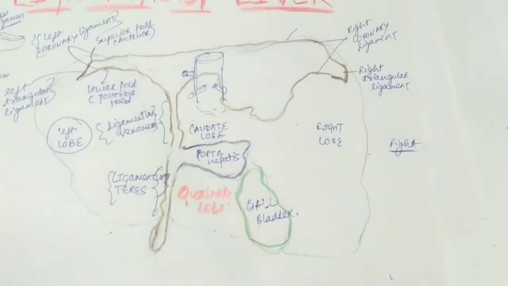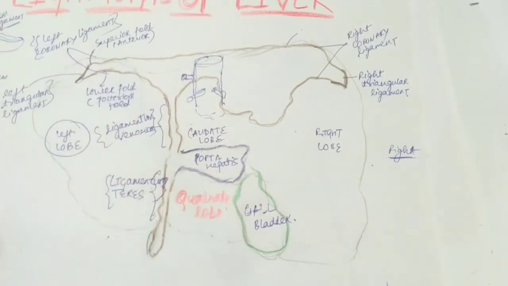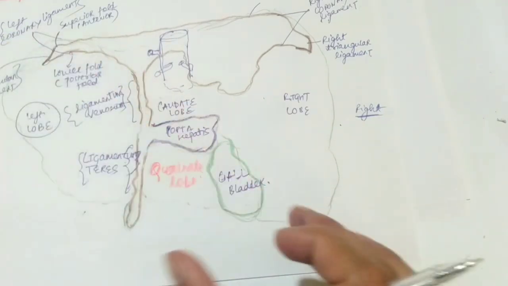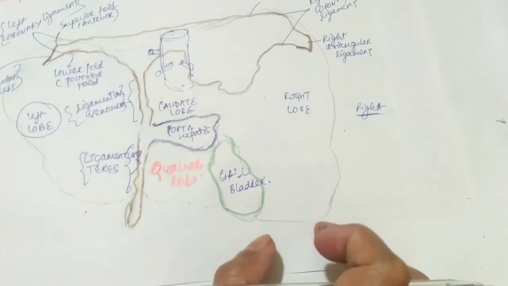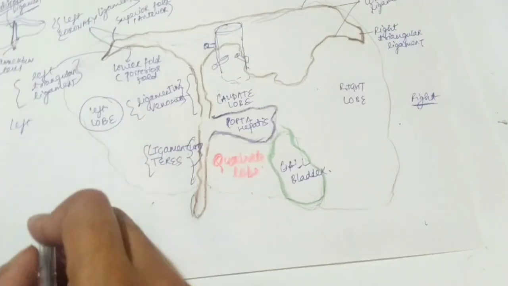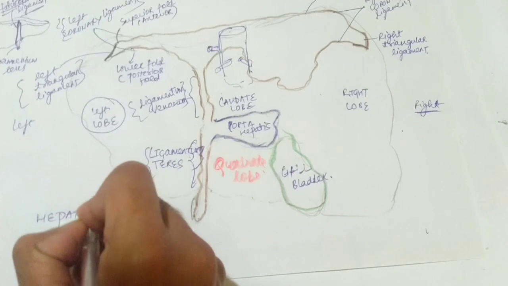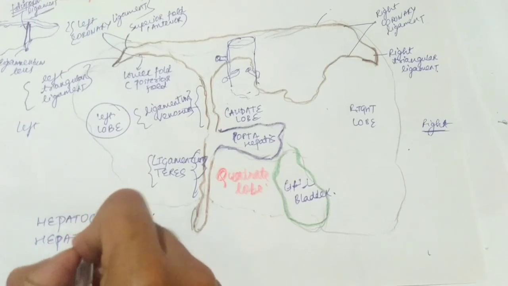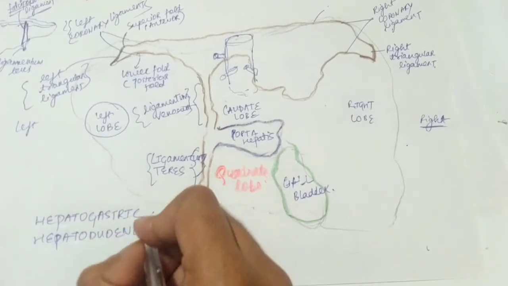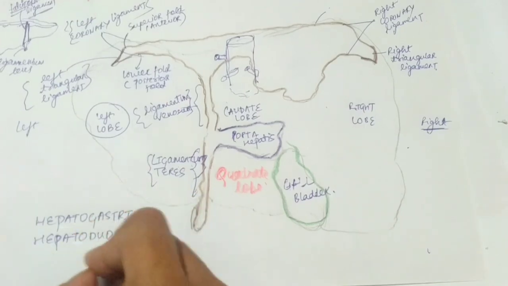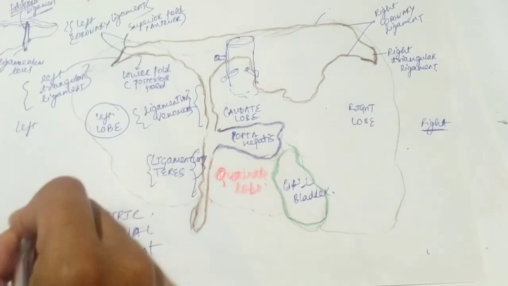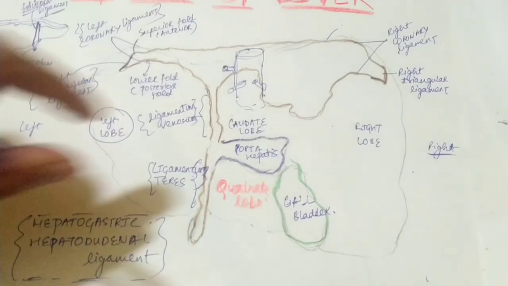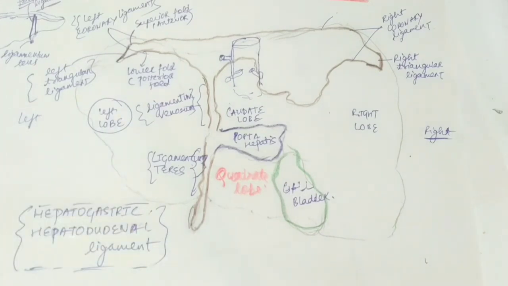Now, besides ligamentum teres and ligamentum venosum, two more ligaments are there which are L-shaped. I can't show them here, but just consider that they have connections with your liver and your stomach. So it is called hepatogastric. I will write it here. Two more ligaments: hepatogastric, and hepatoduodenal, which is a connection with the first part of your duodenum. So these are two more ligaments which have connections with different nearby organs. It connects the liver with the stomach and the liver with the first part of the duodenum.